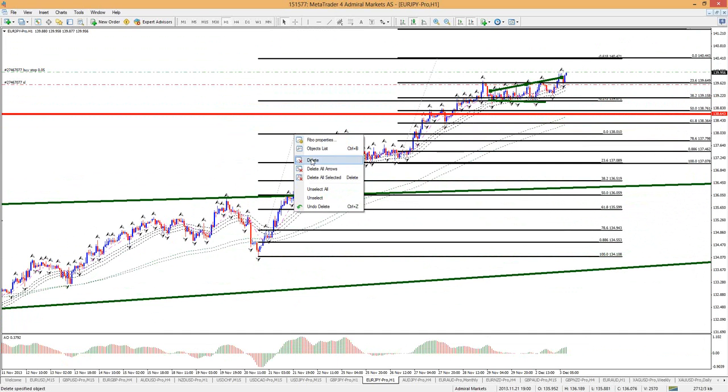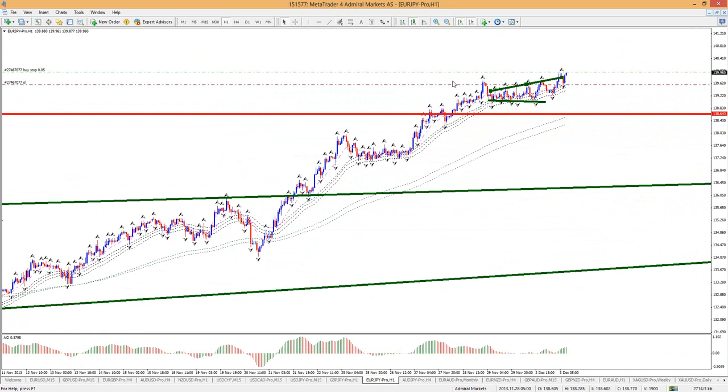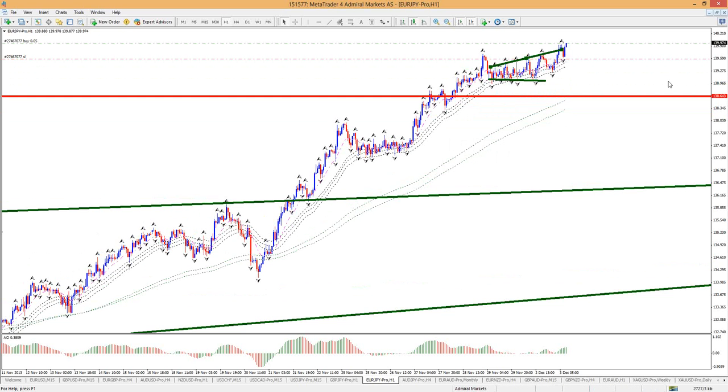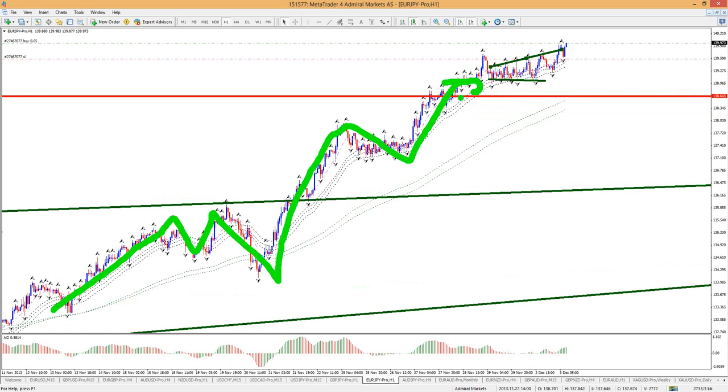In any case, it's all going to be about targets because there is no support and resistance. That's the thing when you break out. There's going to be no resistance in this case that stops it, but there's going to be fib targets that we need to look at. But in a trending environment like this, I wouldn't necessarily want to predict where it could stop because if it's trending, it's all about impulse correction, impulse correction, impulse correction. And these things can push a lot further than we might expect.